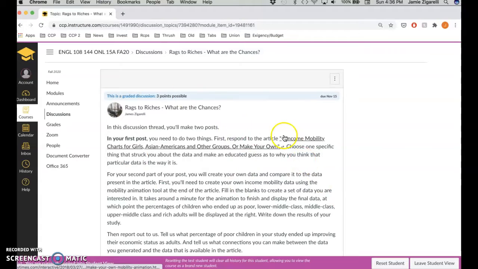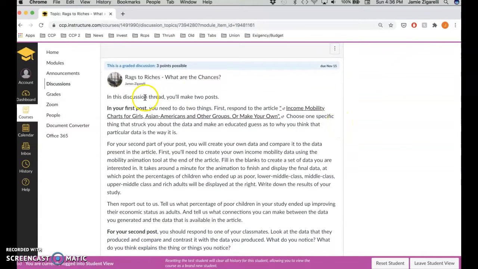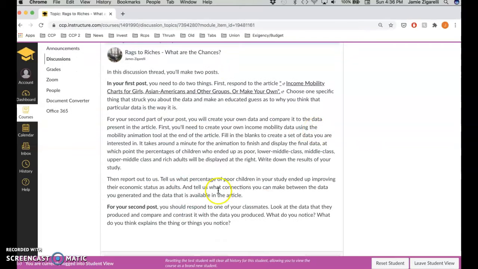And then this is the discussion thread that we're going to do. You're going to make 2 posts in the discussion thread. And the directions are a little detailed, so let me walk you through them, right? In the first post, and maybe it might make sense,